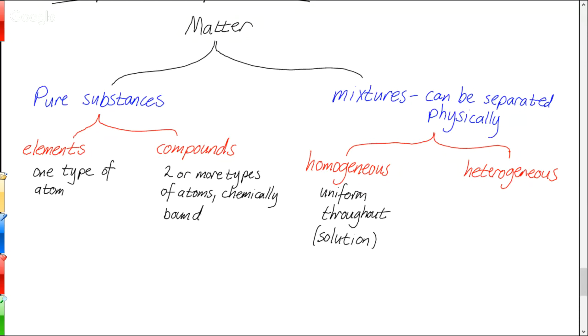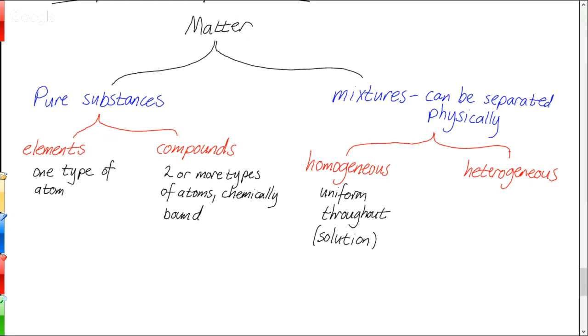So what would be an example of a heterogeneous mixture? Like trail mix, sure. Just throwing a bunch of things together and you can identify all the parts. Yes, definitely. So when you can identify all the different parts, you have a heterogeneous mixture. Not uniform throughout, it has clear separate domains.